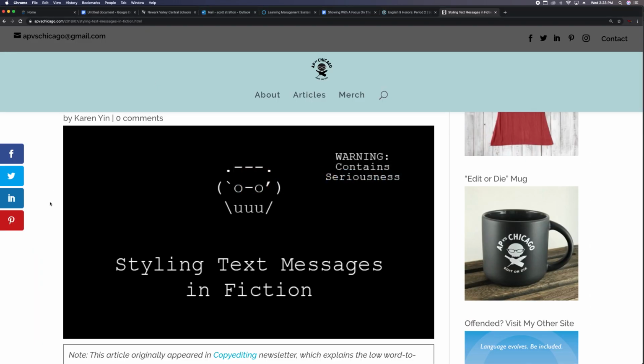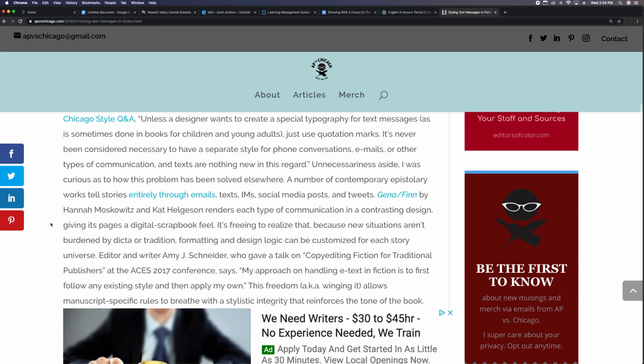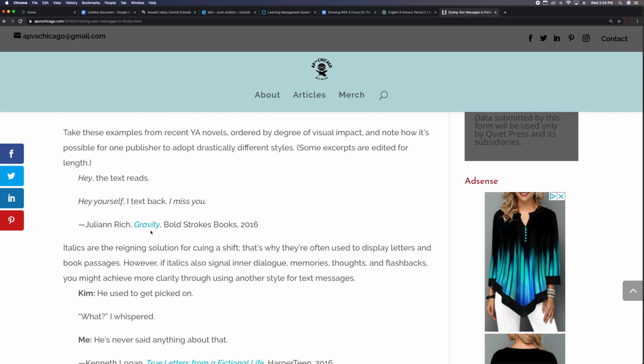Particularly text messages. Now this one's talking about styling text messages in fiction, but this applies for using text messages in just general storytelling as well. And there's just two examples I want to show you. In this case, from the book Gravity, from 2016. Hey, the text reads. And you'll notice that the attributive tag is the text reads, and hey, comma, which is the text, is in italics.